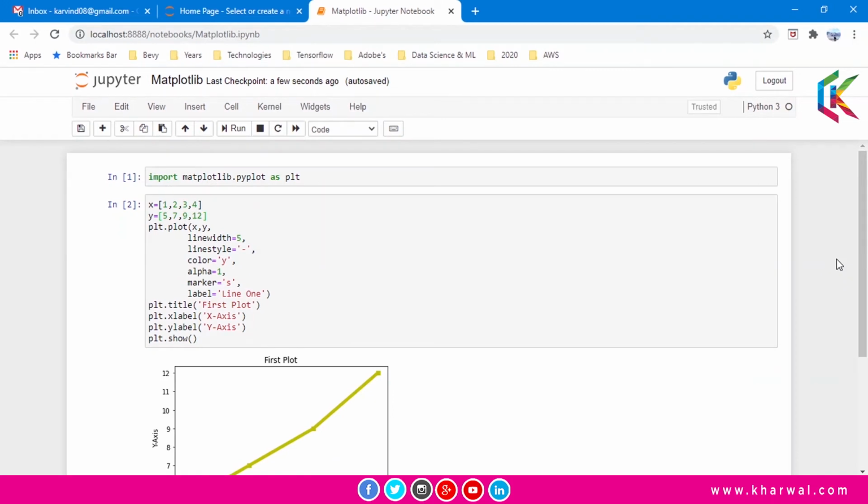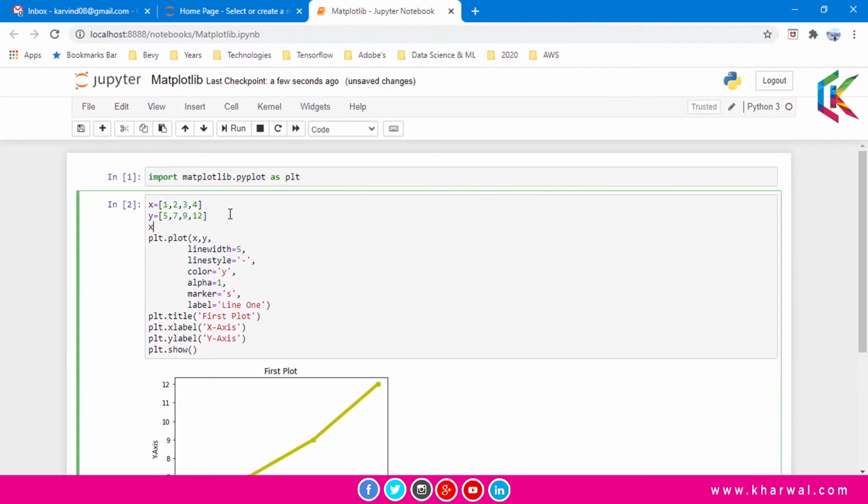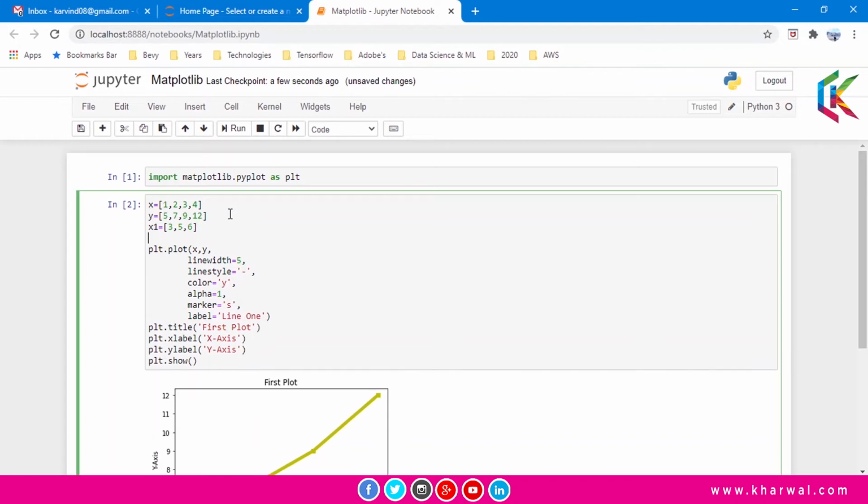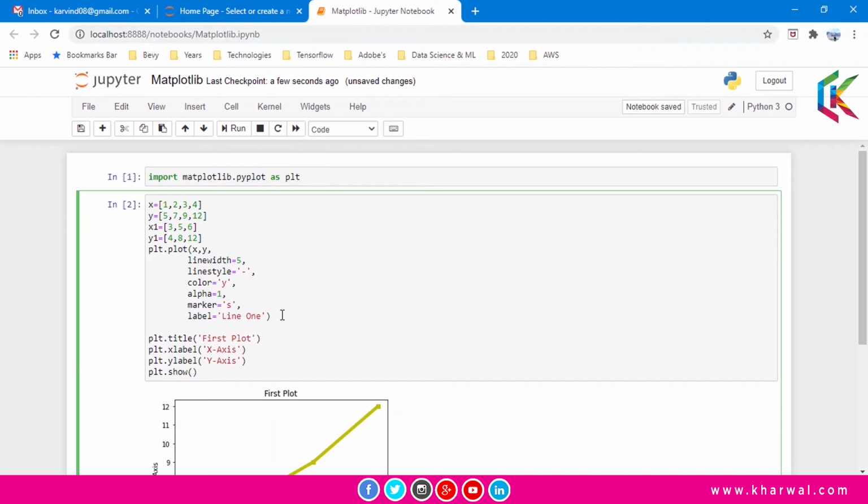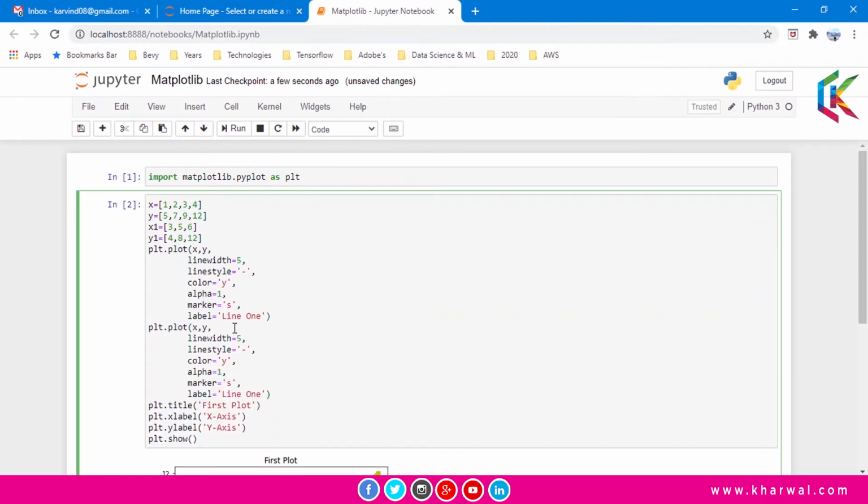Guys, to add a legend in this plot, we need to use a second plot function. And to use the second plot function, we need two more lists here. So let's add two more lists. And this is y1. Now guys, I am going to copy this plot function and paste it here. Now I am changing the values of this plot function, x1, y1,